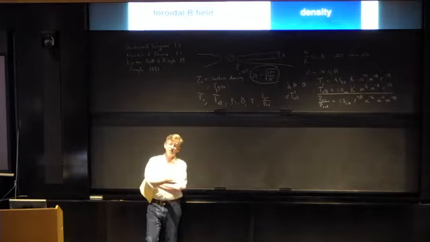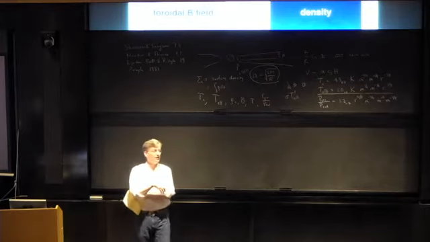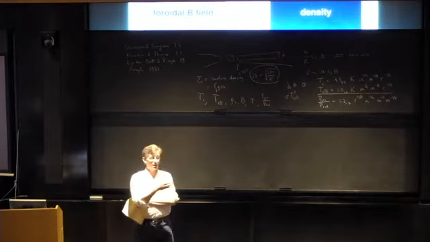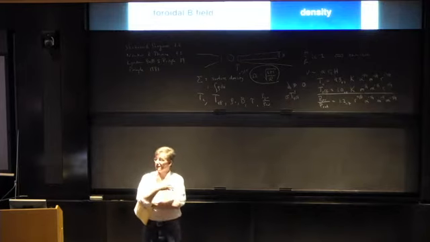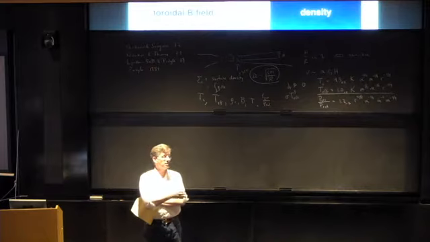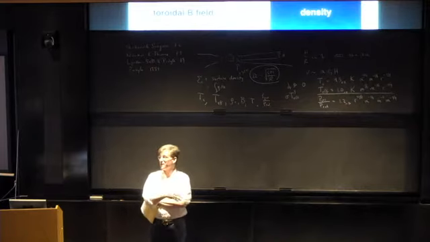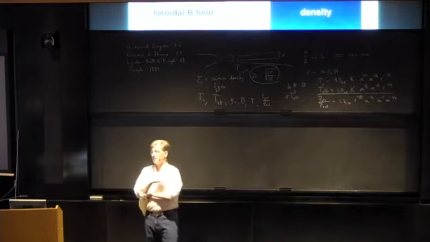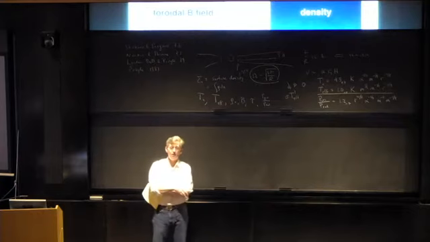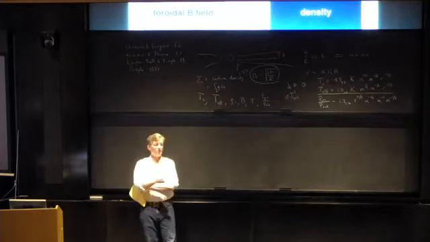So the magnetorotational instability is a linear instability of a fully ionized magnetized disk, and it grows by exchanging angular momentum between fluid elements. So it's really exactly what one needs to drive